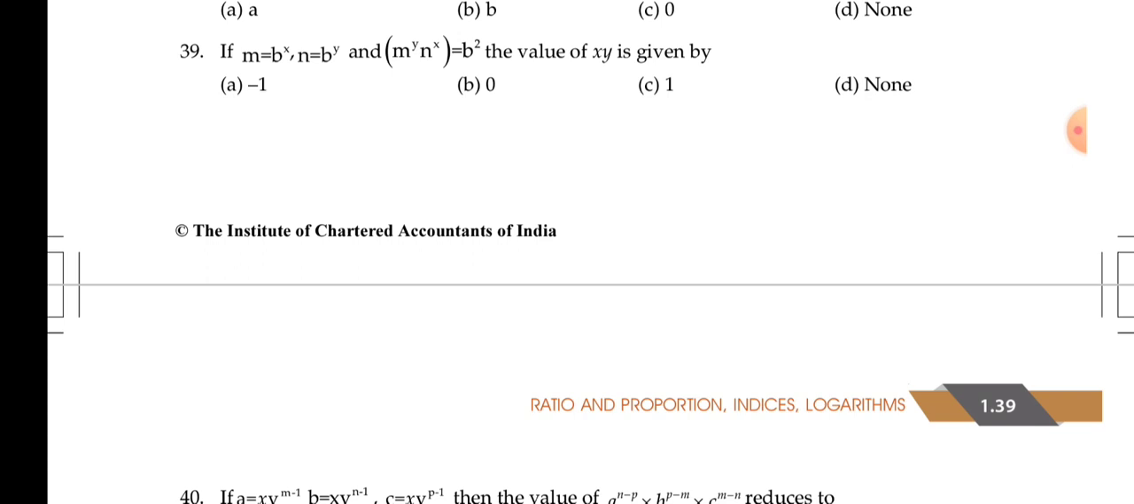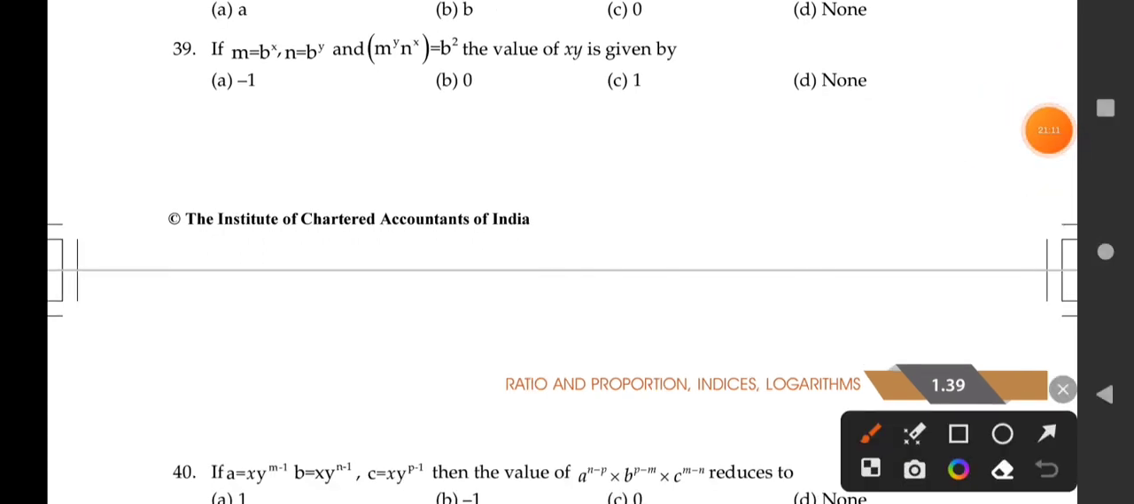Next question, question number 39. Okay. So again, we have numericals, numbers in the options. So what are we going to do? We will either solve it as an equation or substitute values. Let us solve this question by equation. What do we get? Let us substitute m here and n here, correct? And